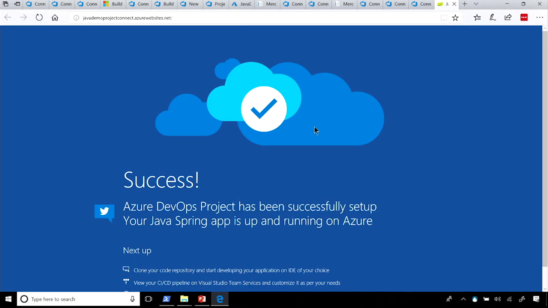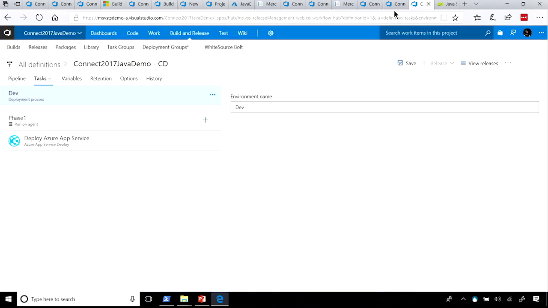Now, once again, the most important part is it's super easy for us to create these pipelines for any language now, right? Just a couple clicks and we can have a Node app or a C# app or a .NET Core app. But just because we created this pipeline for you, you still have complete control of the pipeline where you can make it do whatever you want. Everything ends up in VSTS where you can now go in and customize this to your heart's content. So if we go back to our VSTS instance,